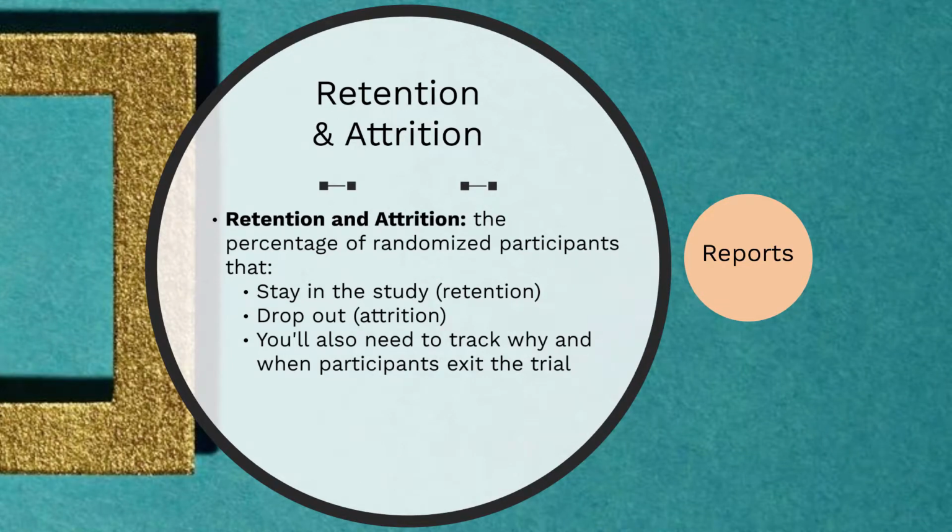Retention and attrition are the percentage of randomized participants that stay in the study, that's retention, and that drop out, that is attrition. You'll also need to track why and when participants exit your trial. This involves a lot of regular reporting, and this is where your statistical team does a lot of their work. If your data system is built in an effective and efficient and timely manner, and if you only pay your sites when they've entered the data, you should have relatively real-time information on the status of the